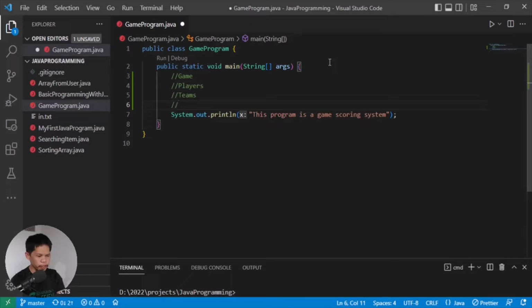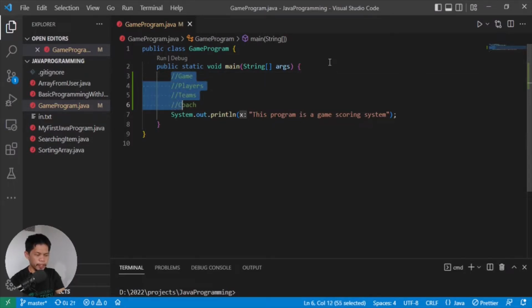Then, for every team, dapat meron silang coach. Very important na merong leadership na organization. Yeah? So, meron tayo dapat coach. Merong, for every team, meron silang players. Then, meron game. So, in object-oriented programming, one of the good things about object-oriented programming is merong tinatawag na